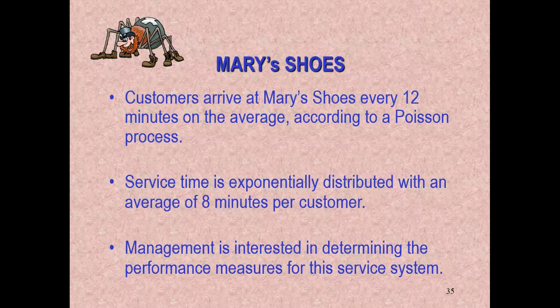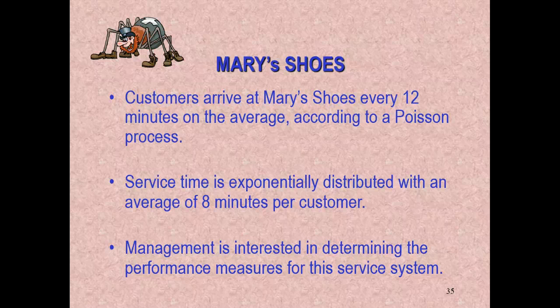Okay, it is Markovian. What is the service pattern? It's exponential. Exponential belongs to the class of Markovian. And I don't know if it explicitly says this, but if you read the case in your book, all we have working for us at Mary's Shoes is Mary. So it is an M/M/1 queue. I know Mary's Shoes probably doesn't have an infinite size to it, but that's really never a factor. There isn't that much demand where she says, hey, we can't fit anyone in here, right? So we're going to assume it to be infinite, okay?